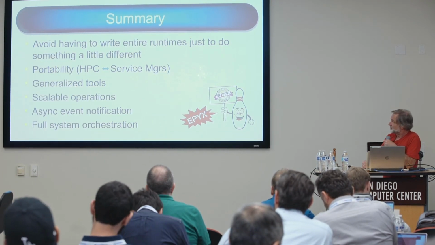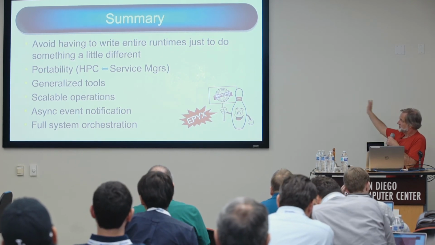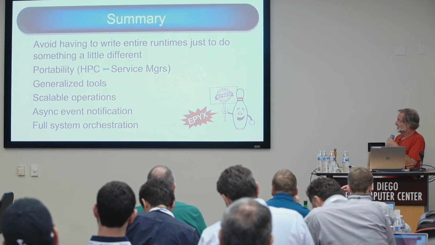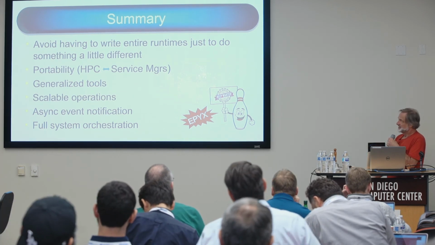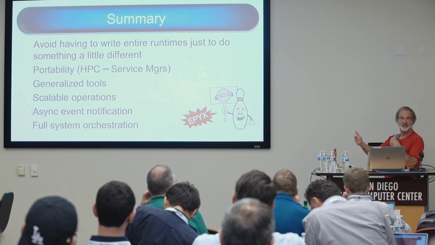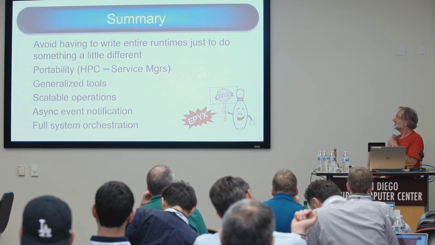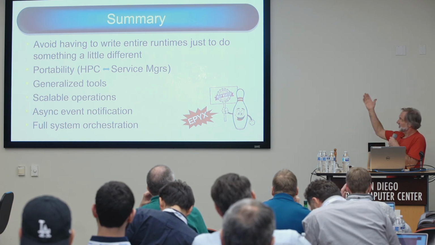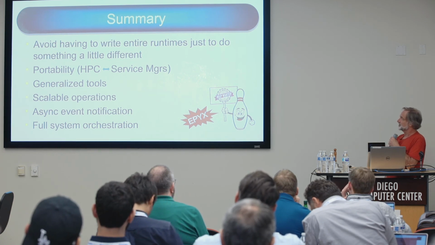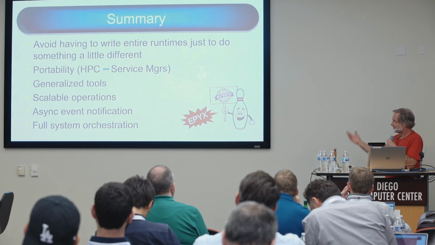So in summary, the whole idea behind this extension that we're talking about with PMIx is to just get away from writing an entire runtime. I mean, if you look at these different runtimes, over 90% of them is all the same, right? You got to launch, you got to wire up I/O, you got to do all this stuff. So you got tools connections and every other stuff. There's no reason to have to rewrite an entire runtime just because you want flexible scheduling or something. There ought to be a way to interact with the resource manager and do that.